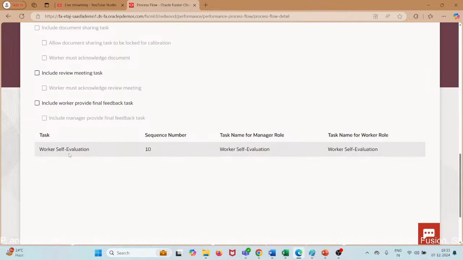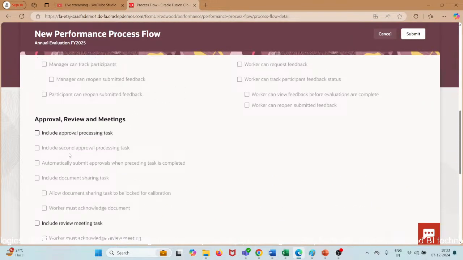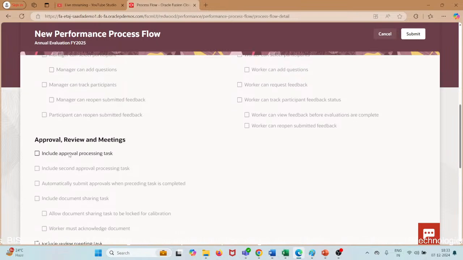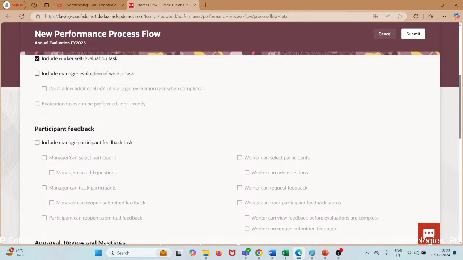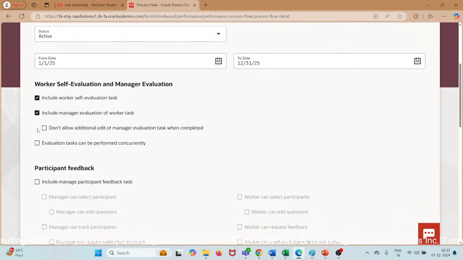This is the first task we are going to keep, the most prior task. Then we also want the manager to evaluate the worker task, and we don't want any additional